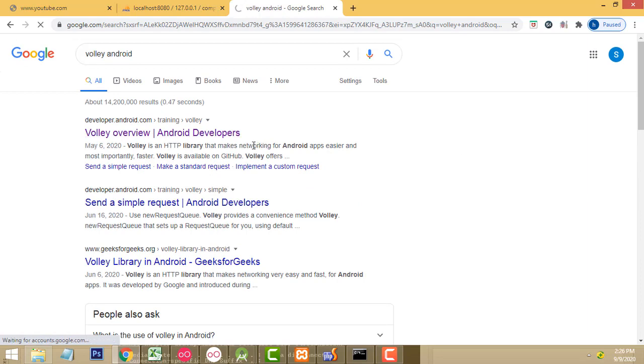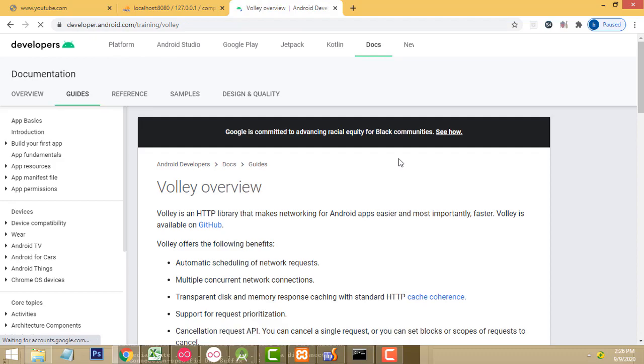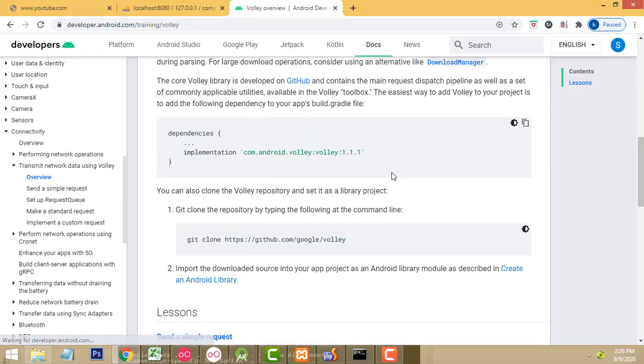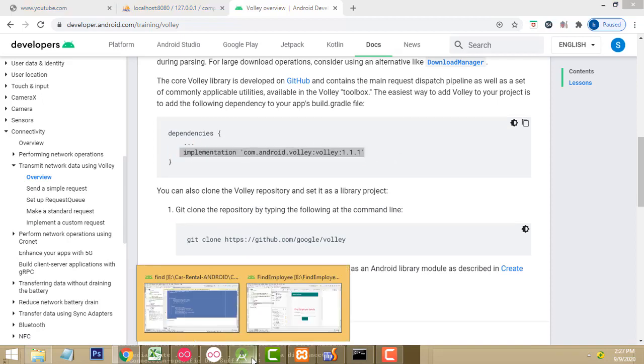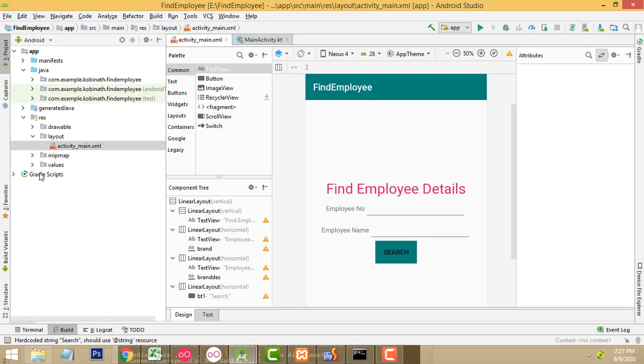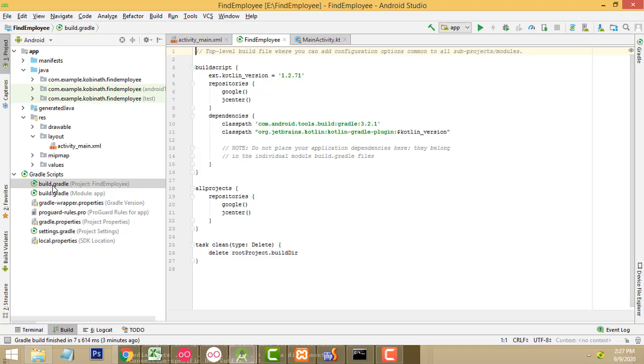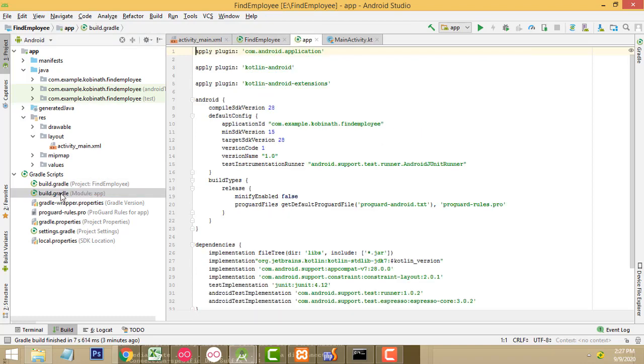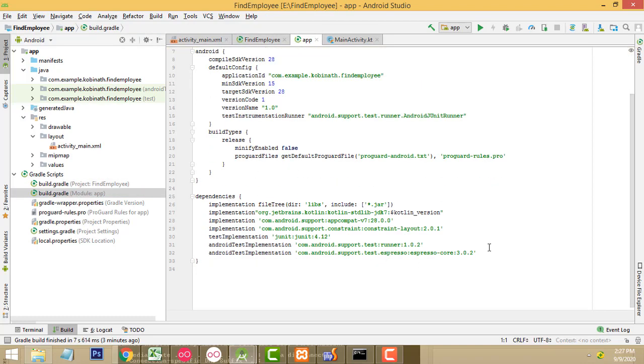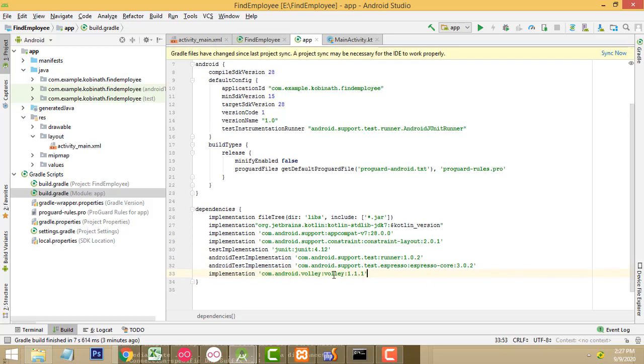This is very useful stuff, right? Android API. Here this API we have to use these dependencies. Inside this dependency, implementation, this Android volley, just copy this one, Control C, copy back to your Android project. Go to the Gradle scripts, build.gradle. Double click on this one. Inside the dependencies, you have to paste it over here. Control V to paste what you have copied.